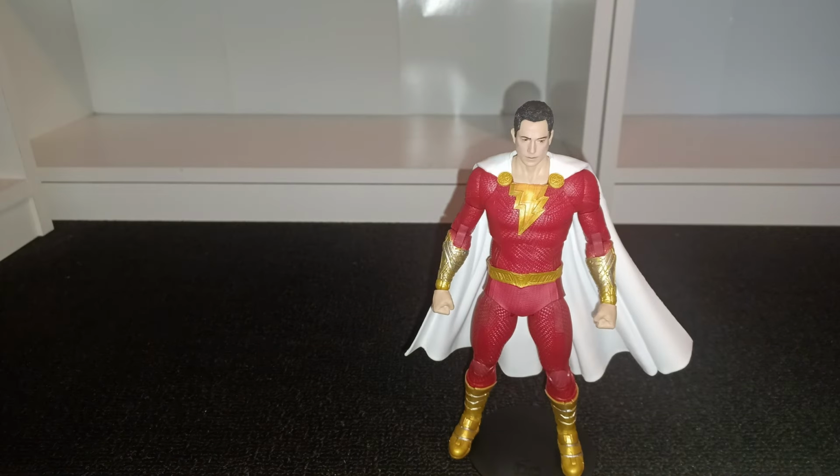Now, I think going forward, I might get some stuff from the Flash movie, depending on how that looks. When that movie comes out, I'm definitely gonna get Aquaman movie stuff. But after that, I know you guys have heard, I don't need to talk about it for too long, but the stuff that's going on with DC, they've just kind of made me so